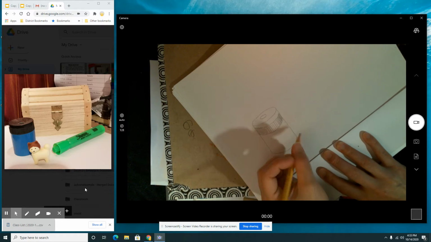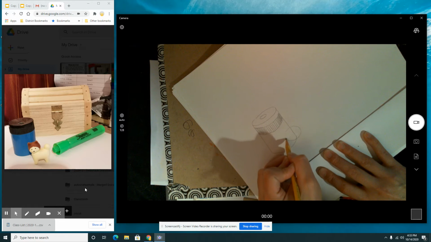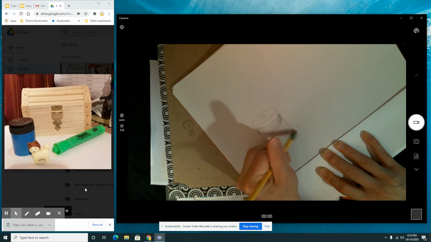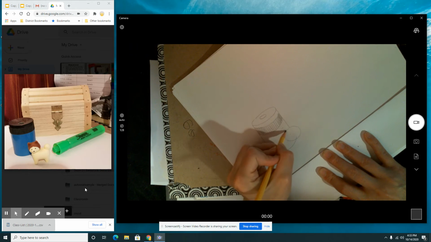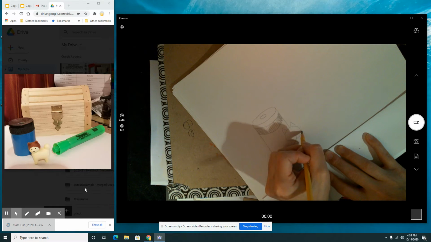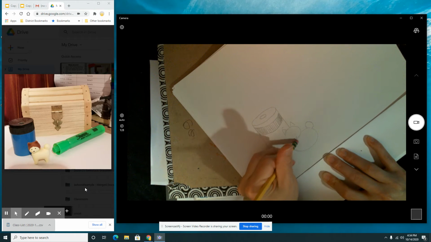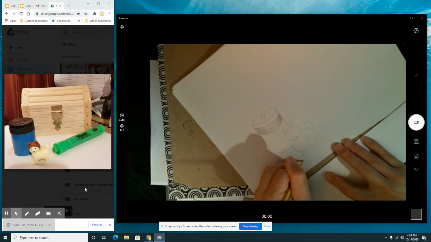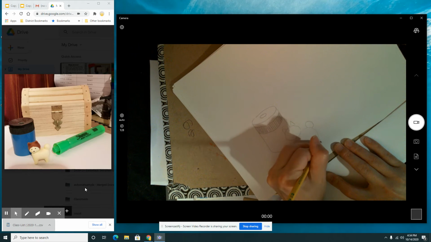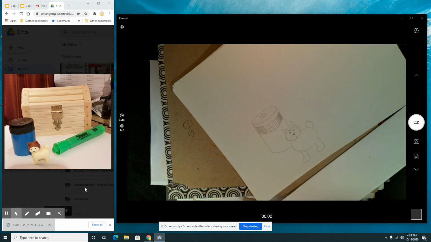Okay, how did I draw the dog? Same way, using basic forms and shapes. So I'm starting off with a circle, and of course I erase. And I use nice triangles for his ears, and a little oval for his body, and a circle for his little tail. And now I can go ahead and put my legs on. I only see 2 legs in the photograph. Okay, and he's got his eyes and nose, and he had a little pointy hairline. Okay, so now that I have my dog